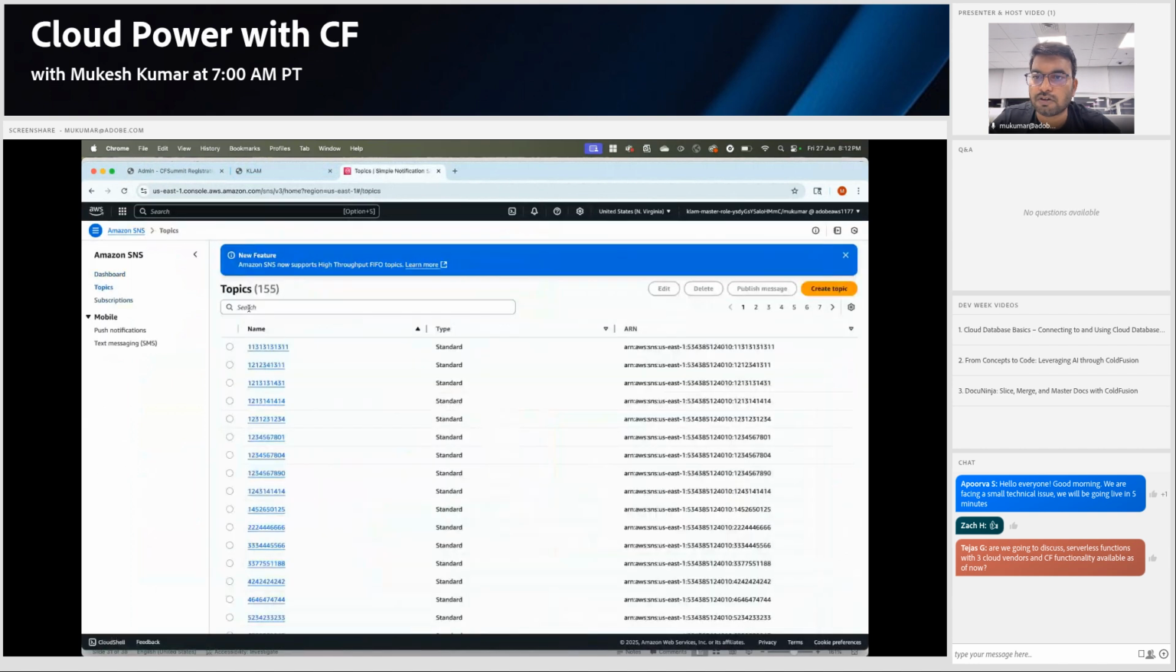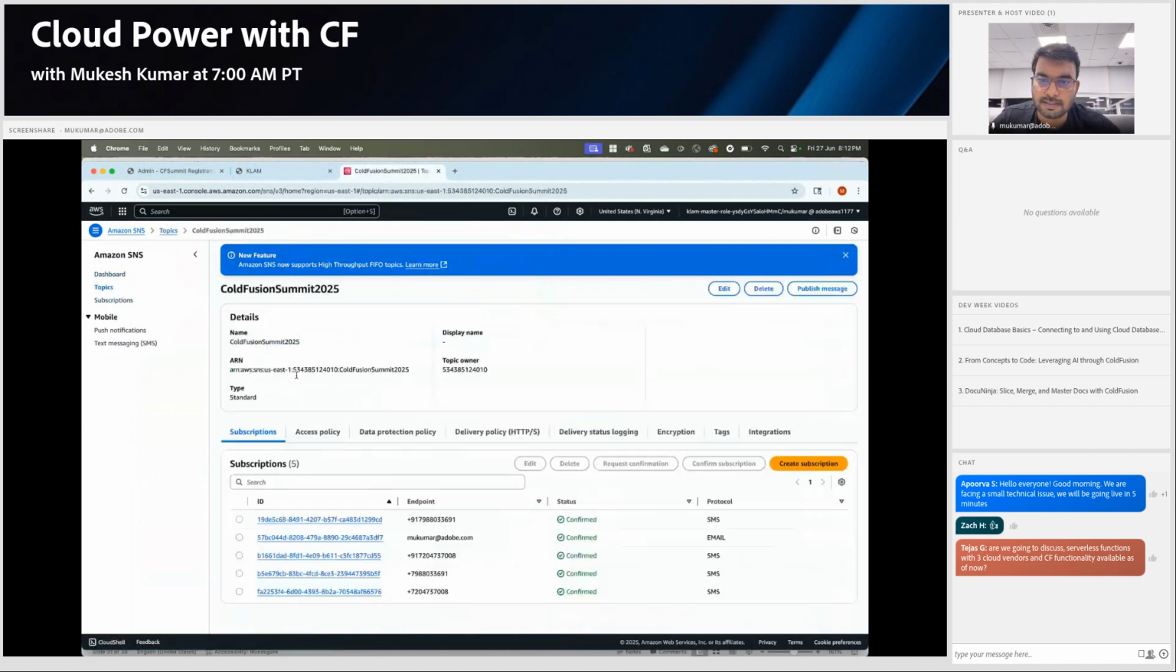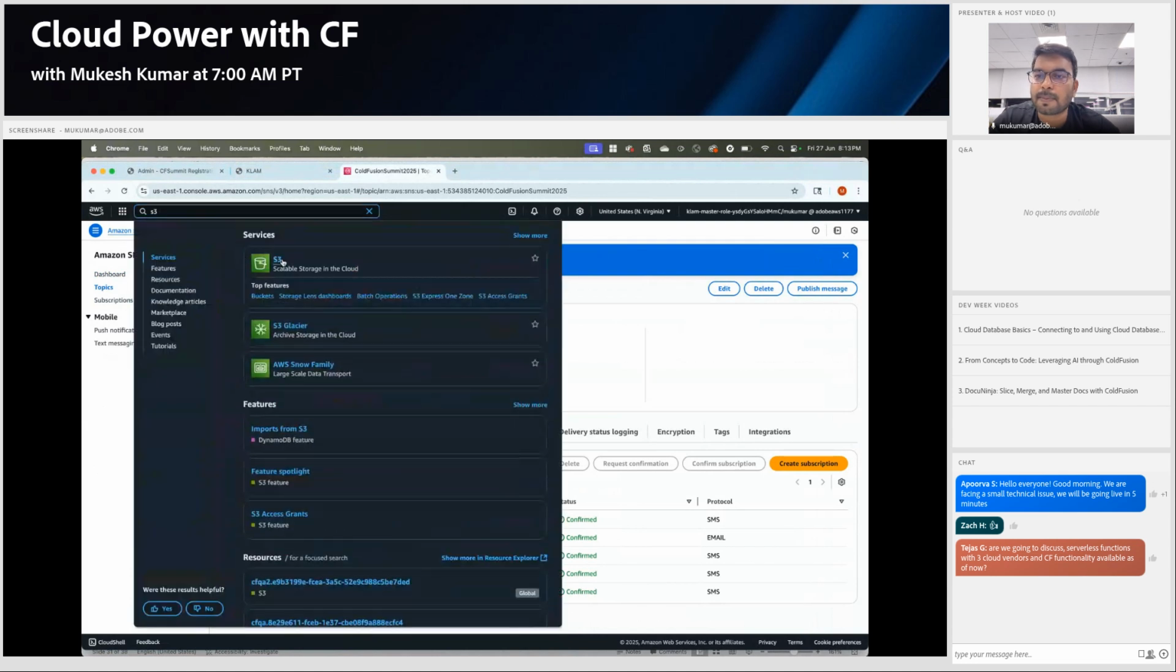If you go to the topic, ColdFusion Summit 25. See, previously I subscribed to the event, so you can provide the endpoints for how you want to subscribe, through the phone number, the email ID, or other endpoints. You can define that. And S3, if you are seeing that as a service,